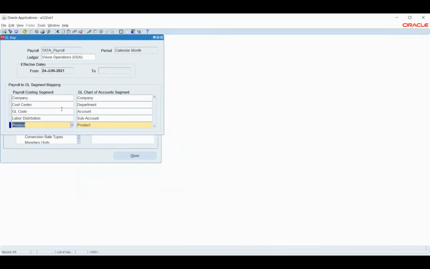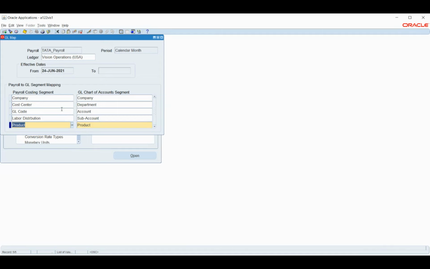If you see here, we have company and product the same. But apart from that, we have a few variations as well: cost center, GL account, and labor distribution. It is nothing but a term change, but still we have to map it in this setup.